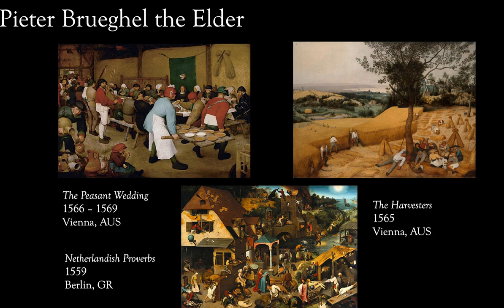Next, we have Peter Brugel the Elder. Peter Brugel the Elder was a Flemish painter. So Flemish means he was from this region of Flanders, which is more or less northern France and modern-day Belgium. And he is famous for his peasant and landscape scenes. So he is a good example of art that has that safe secularism, and art that was also influenced by many of the forces of the Protestant Reformation, because as you can see, he painted primarily in the 16th century.